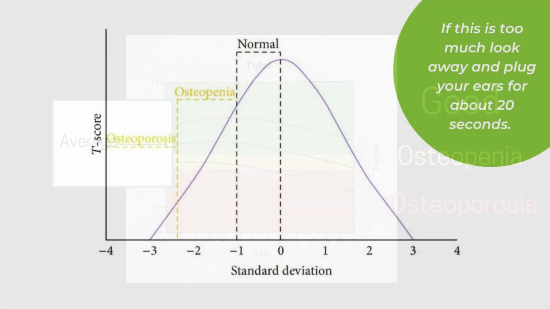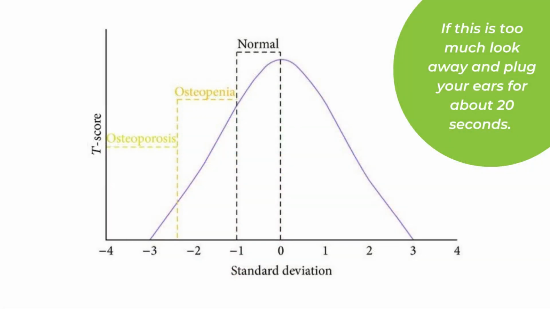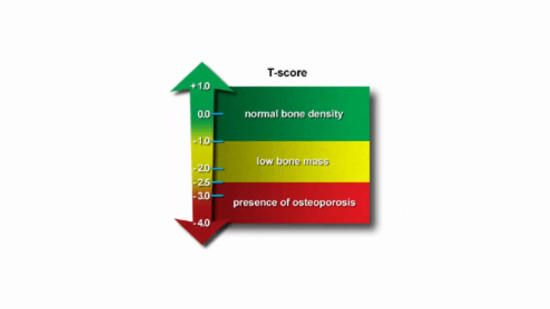Some additional information that might be helpful are the actual numbers. You're going to see your T-score as a number, a low number, possibly a negative, and your Z-score also as a low number, possibly negative. This goes by standard deviations of normal when you're comparing to whatever population you're being compared to. For a T-score, which is most commonly used for diagnosis of osteoporosis and osteopenia, we are looking for anything above